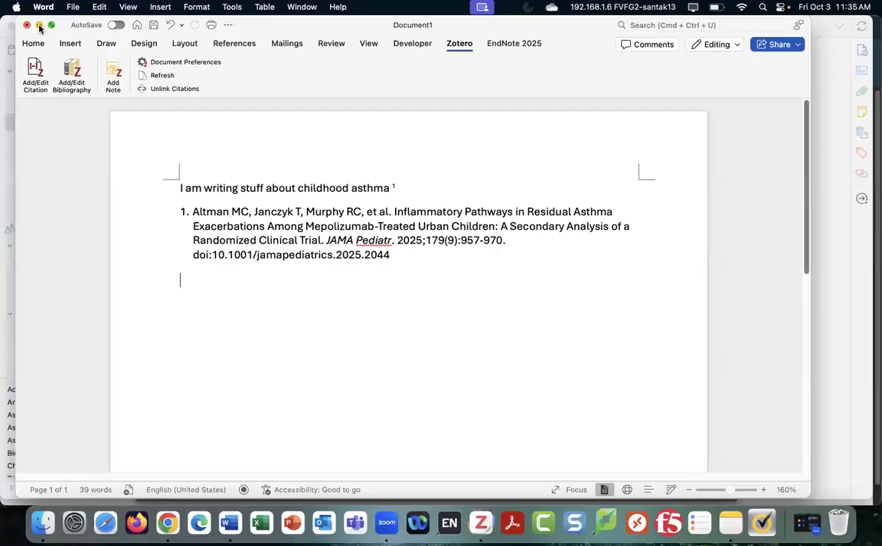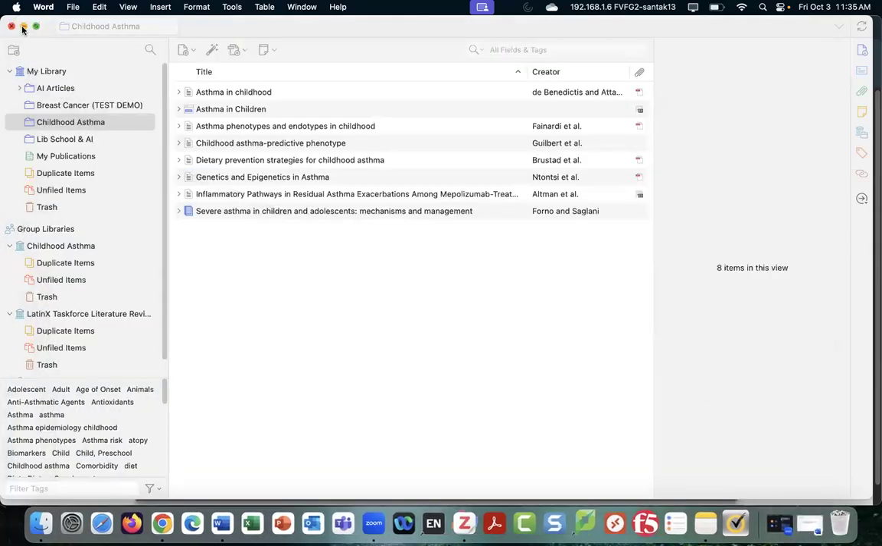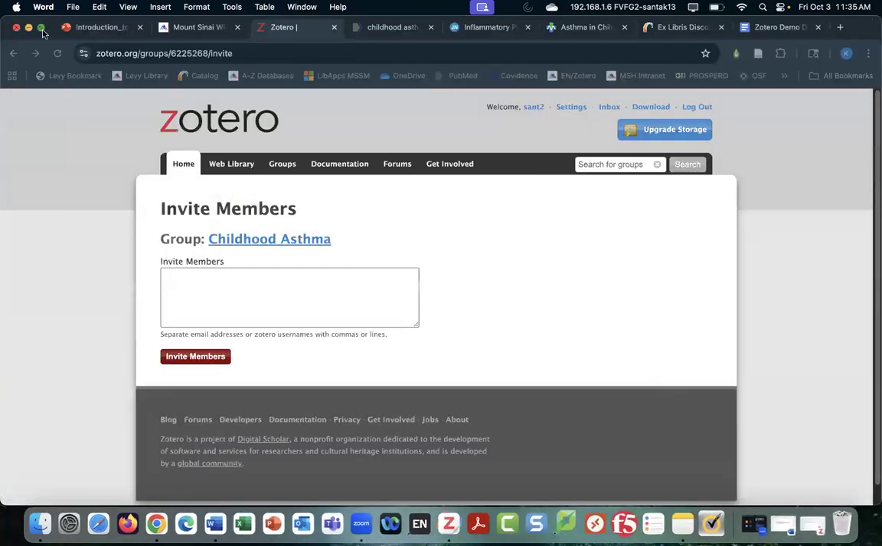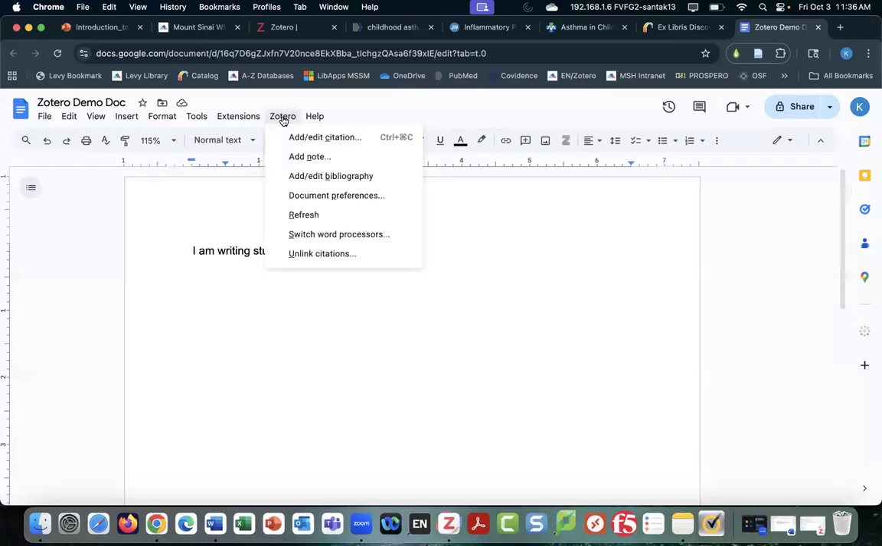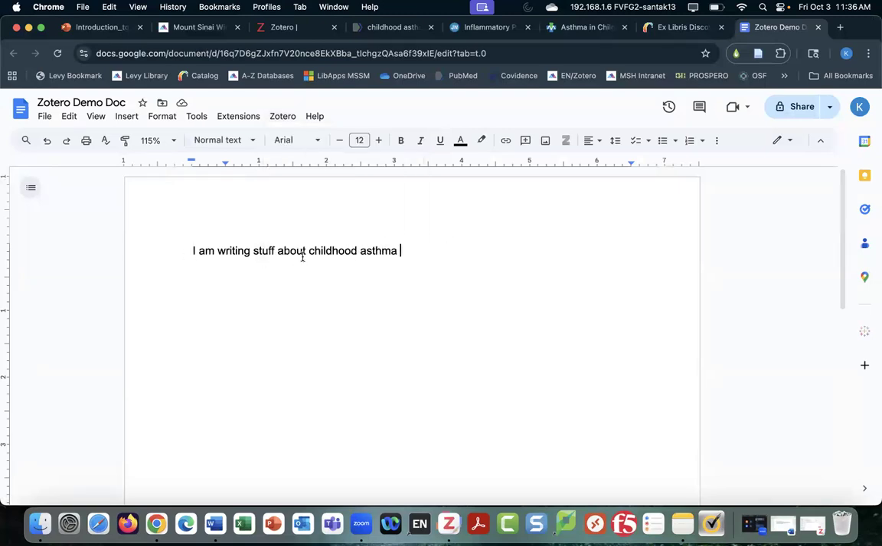Similarly, you can also use the Cite While You Write tool in Google Doc. So if I navigate away from Microsoft Word and from my library for a moment and go into Google Doc, also in Google Doc, you should be able to see your Zotero tab. And while it looks a little bit different, everything is still the same. So similarly, I have a random sentence written here. And if I wanted to add an in-text citation,